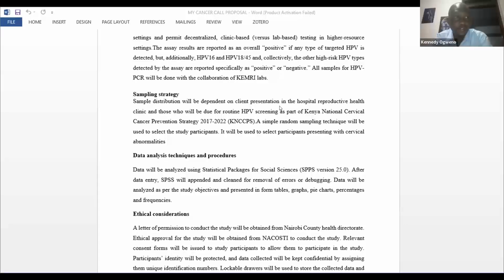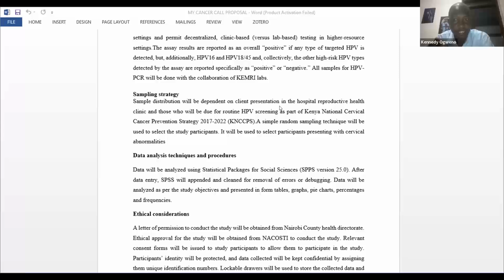Now, purposive, maybe you want to get information from journalists, okay? Or let me give you a good example. You want a study participant to get information from business people, for example, the mitumba sellers within the street. When you are doing such kind of a study, you will only go to the people selling clothes. That is a purposive sampling method. You don't go to the people selling the fruits.